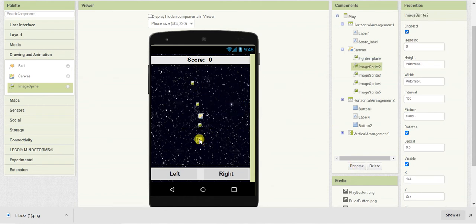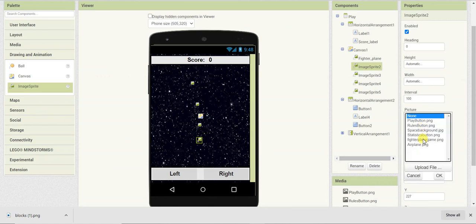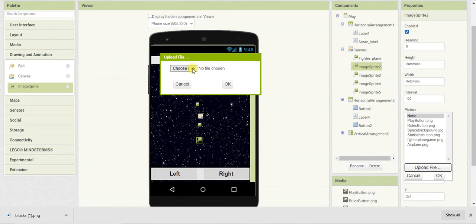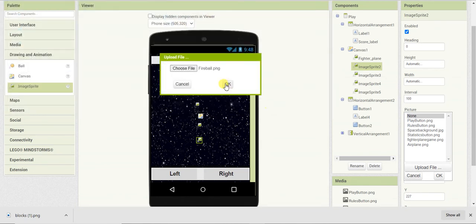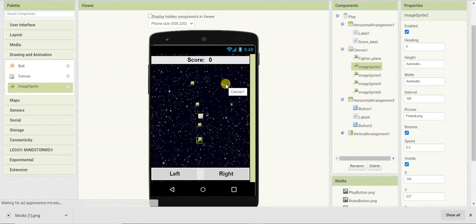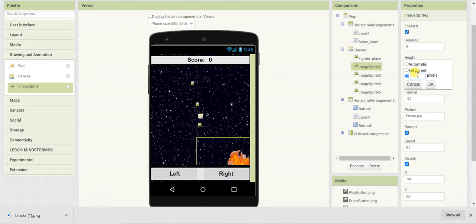And now I will add the image of the fireball here. So I'll upload that file. And now I will change the height and width to 30 pixels.